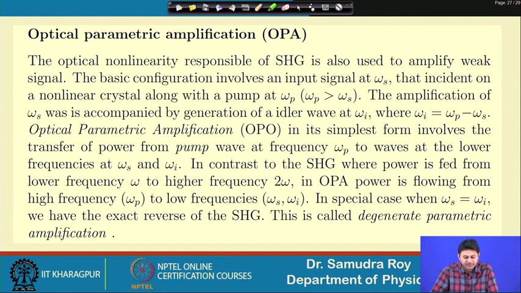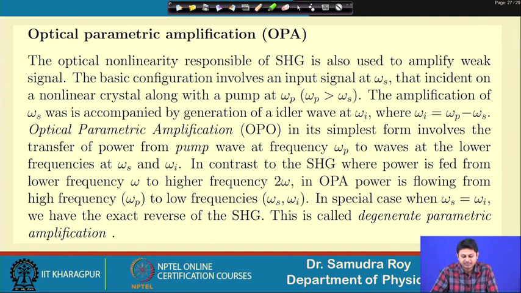The basic configuration involves an input signal at omega s that is incident on a nonlinear crystal along with the pump. So, that means if I insert an input signal omega s and a pump omega p in the input, normally the pump frequency is greater than the signal,